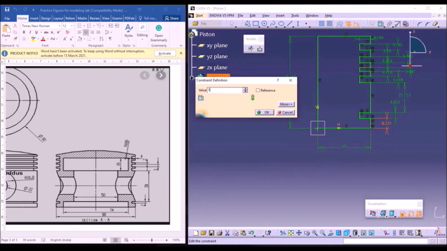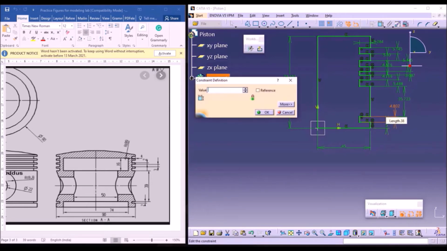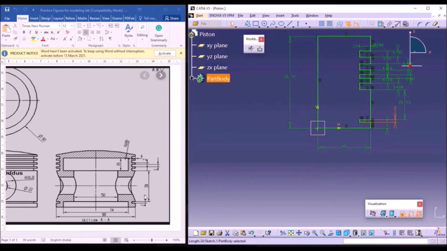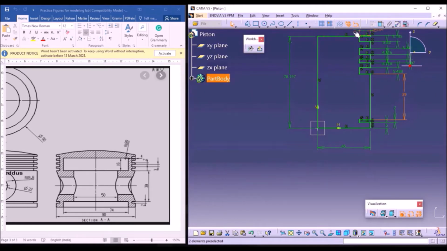Next, this vertical length is 2, enter. Next, from this line to this line, this vertical distance is 39, enter. Next, this vertical distance is 3.